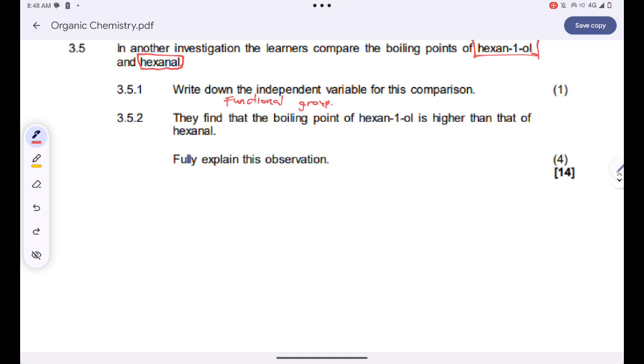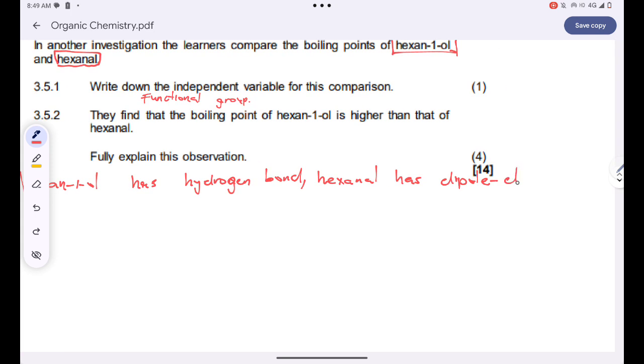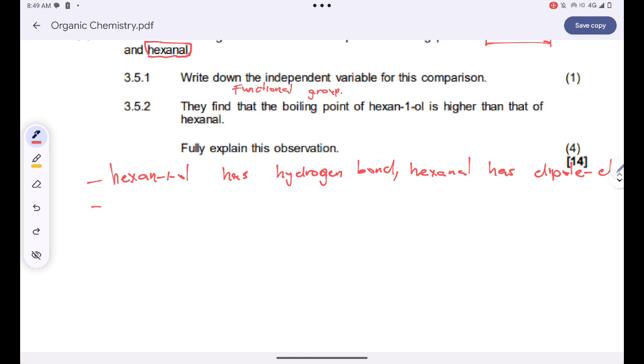Okay, and then 3.5.2. They find that the boiling point of hexane 1-ol is higher than that of hexanal. Fully explain. Okay, hexane 1-ol has hydrogen bonds, which are the strongest in all the pool of intermolecular forces. And then hexanal has dipole forces. Are you together? So since hydrogen bond is stronger than dipole, it simply means that